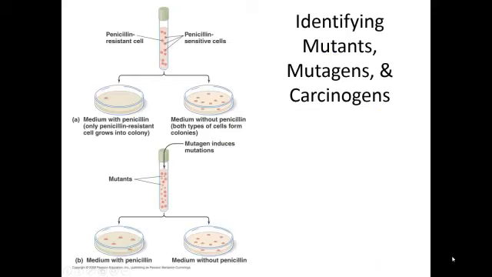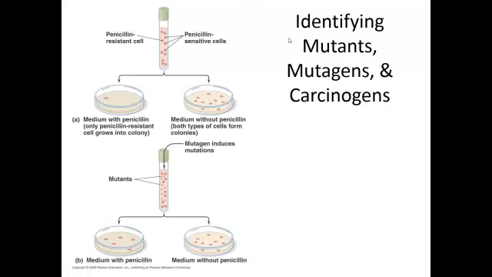As I alluded to before, there are times when we want to identify mutagens, since mutagens are often carcinogens. So let's talk about identifying mutants. Suppose I'm studying penicillin resistance in bacteria, in which case I would want to be able to come up with more cells that are penicillin resistant so that I can do my studies more